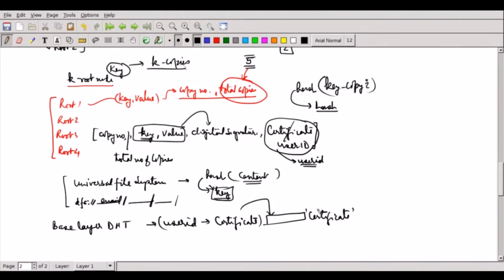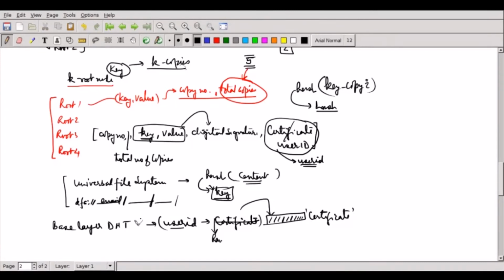In fact, you need not do it, because the certificate will contain the user ID, so you just search for the user ID. You can keep the value blank, and then there is a signed hash saying that this particular entry has been created by this certificate. You can put some dummy thing here. In fact, putting a certificate does make sense to me. A certificate is also digitally signed. With the user ID, I can directly get the certificate, and that can be used to verify the digital signatures here. So that's what will be done.